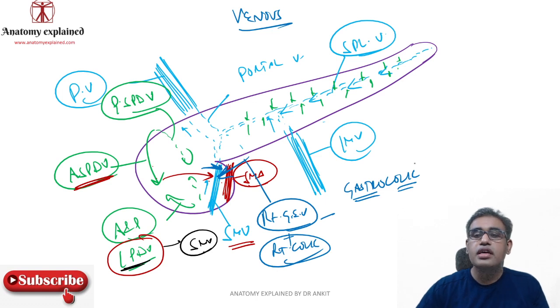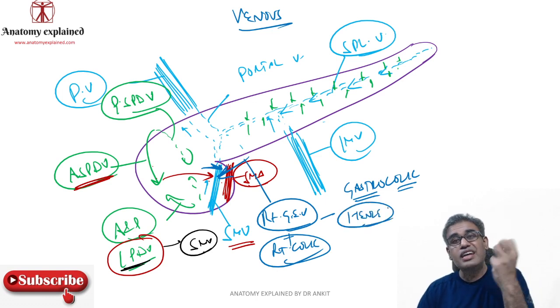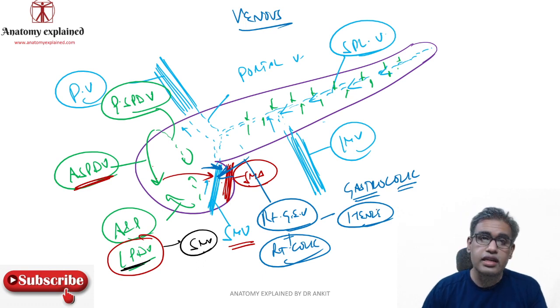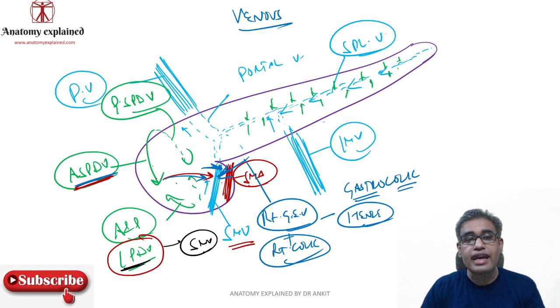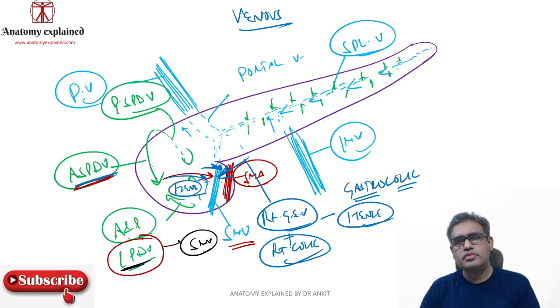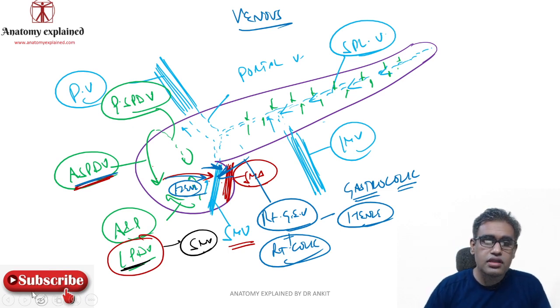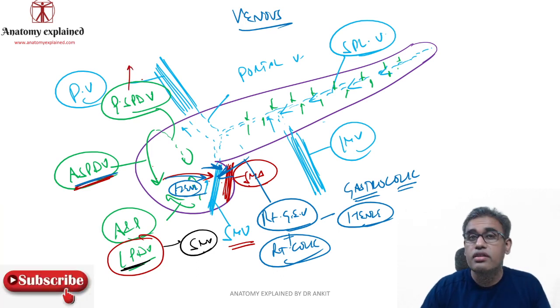Gastrocolic, common term. Gastrocolic trunk of Henle. So the veins, they form a trunk. Gastrocolic trunk of Henle. This anterior superior pancreatic duodenal vein may drain into this Henle's trunk, which is actually going into SMV only. So out of these 4 pancreatic duodenal veins, 3 are going to SMV. Which one is left? The one which is left is over here, and that is your posterior superior pancreatic duodenal vein. Now this vein, this dotted vein would drain where?